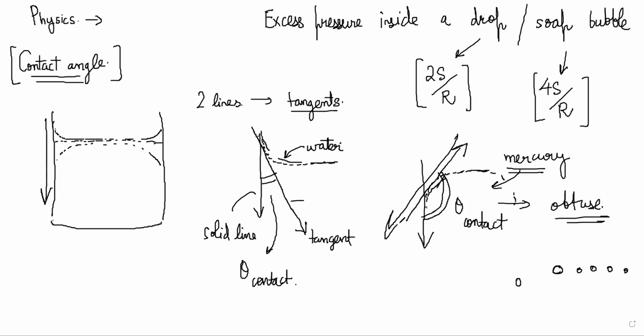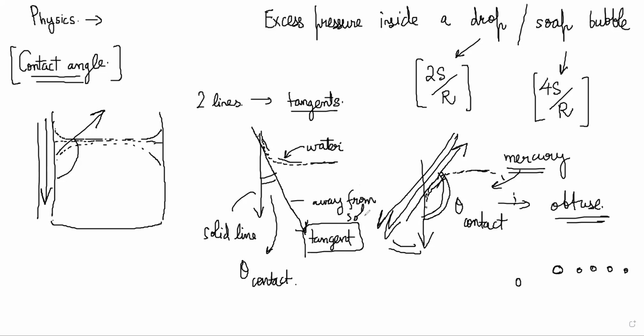So don't draw it like this. If you draw it like this, then your angle will be this. It's just a matter of convention. Somebody could have started off by drawing it like this, and then we would have called that one the contact angle. So it's a convention thing. Draw your liquid tangent line away from the solid. Now the angle between this and this will be the contact angle. In the case of this, this is also away from the solid, and the solid tangent line is towards the liquid. Towards the liquid is this side.